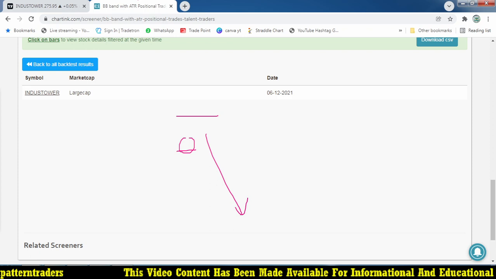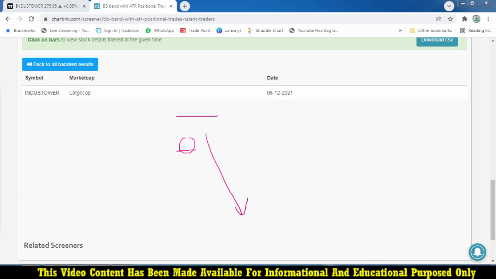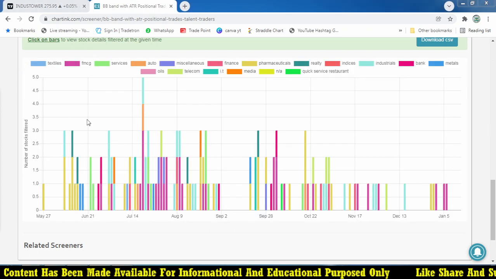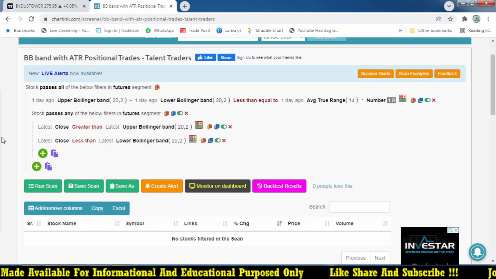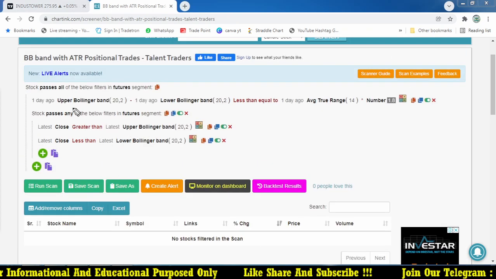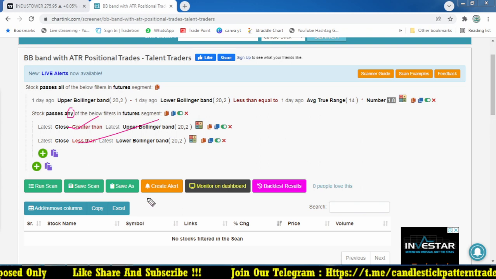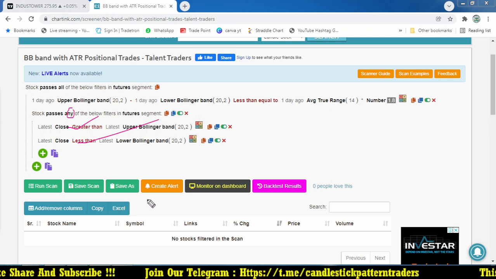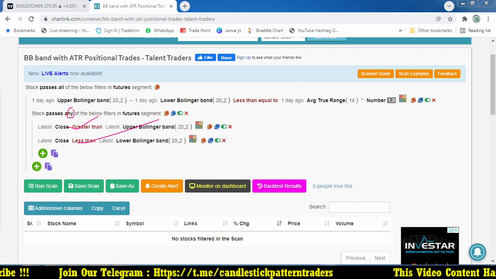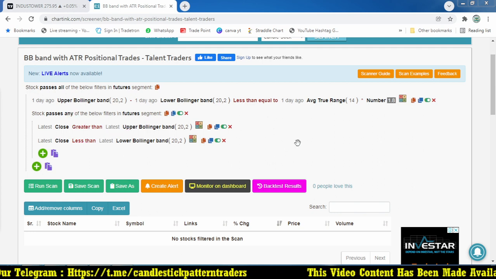Both the conditions we need to meet. So both the conditions we are going to meet. That is why the meaning we have mentioned here, right? So either this condition or this condition satisfies, it will come. So once you get the stock, you can go through that, and whether we are going to buy or sell, you can decide. So based on the Bollinger Band, the same one we are going to use for a 15 minutes time frame also.